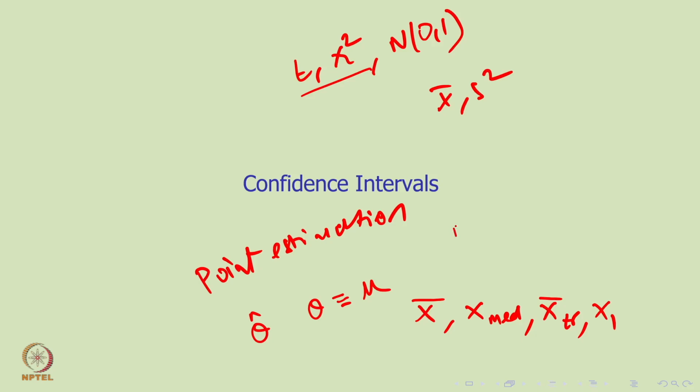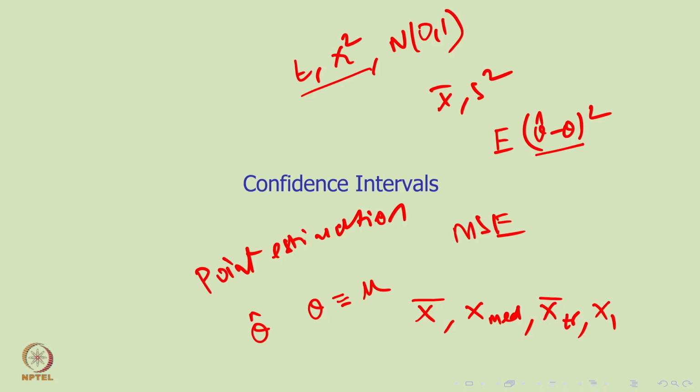And then the idea was mean squared error, or MSE. And what is the formula of MSE? The formula of MSE is the expected value of (theta hat minus theta) whole square. You take the estimator, you subtract the parameter, and this gives you the deviation of the estimator from the actual parameter theta, and then it's a squared quantity. Whichever estimator gives the least value of MSE, that estimator is the best one. So up till now we have talked more about point estimation.